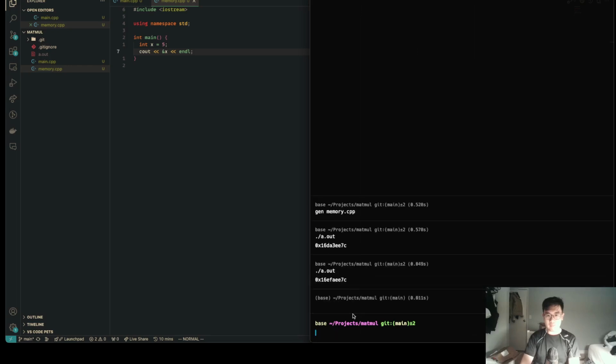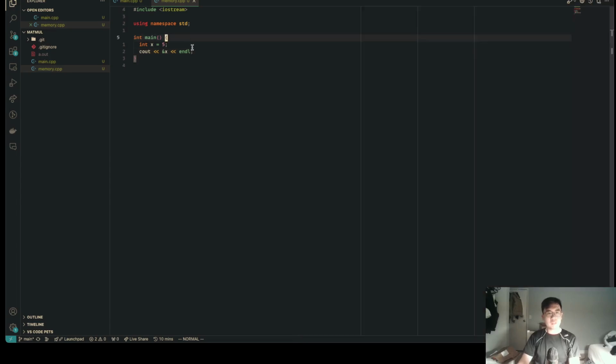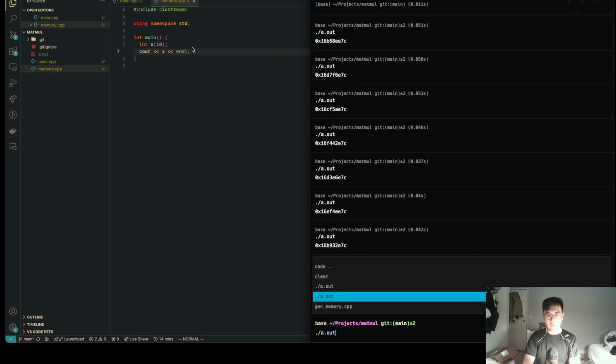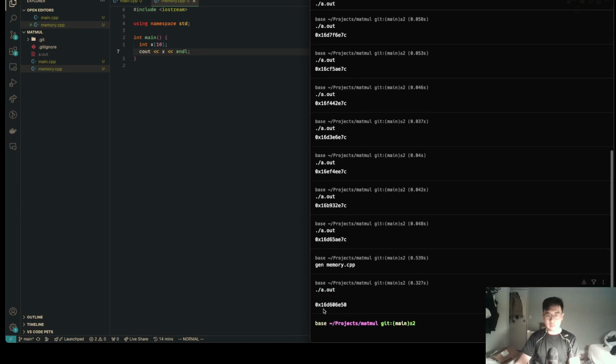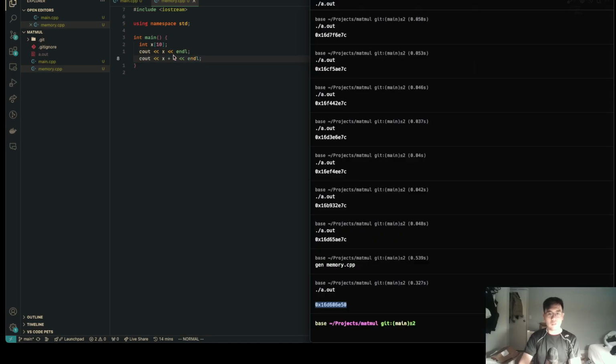Okay, if we run this again, you end up with different memory addresses, right? And an array is just a pointer. Actually, when you initialize an array like this and you print x, that will also just be a memory address, and x is actually just a pointer to the beginning of the array, right? So you can see that this is also just some value, and in this case, if you increment the pointer, what will happen